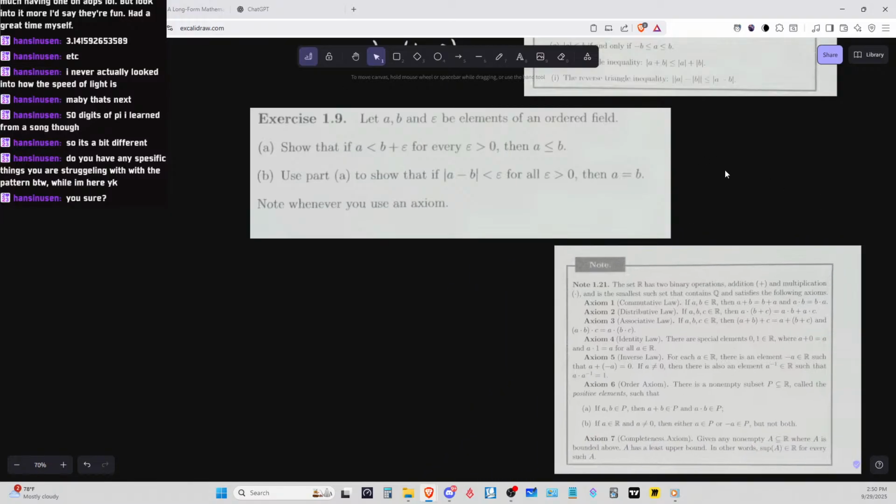Okay, so show that if A is less than B plus epsilon for every epsilon